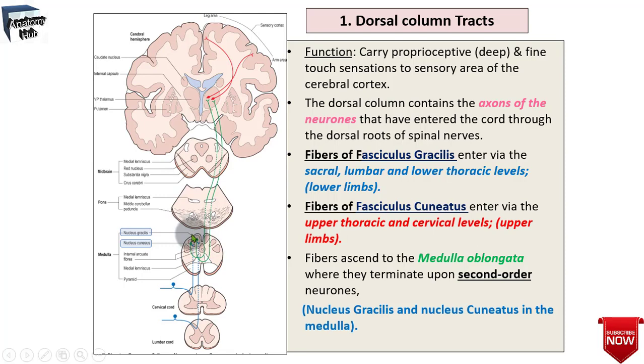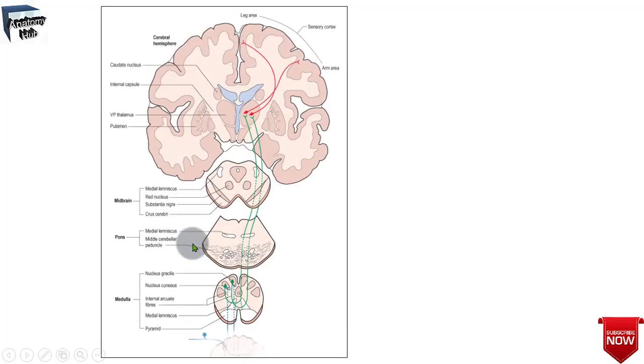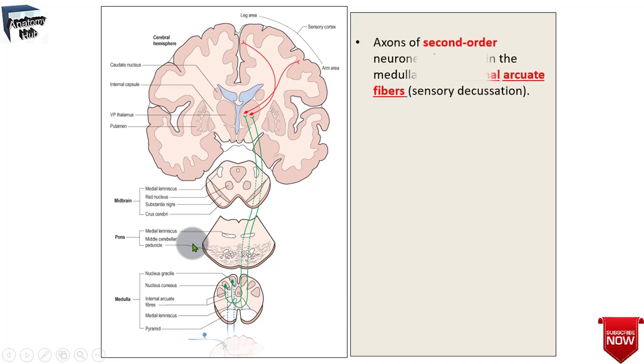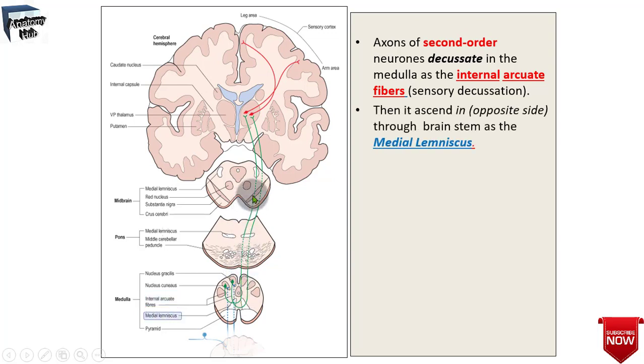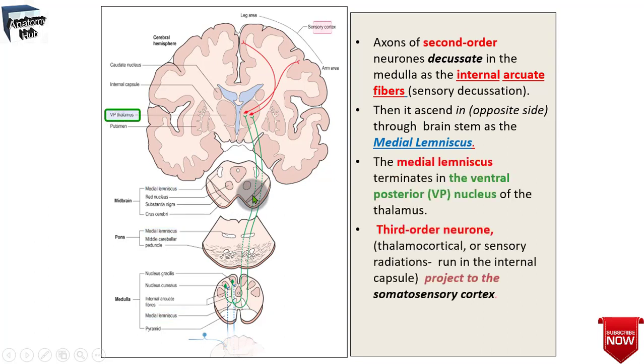So the nucleus gracilis and the nucleus cuneatus are present at the level of the medulla. Like that, here we will find the internal arcuate fibers, and how they cross each other, forming the medial lemniscus that crosses the pons and the medulla, and it ascends upward through the brainstem as the medial